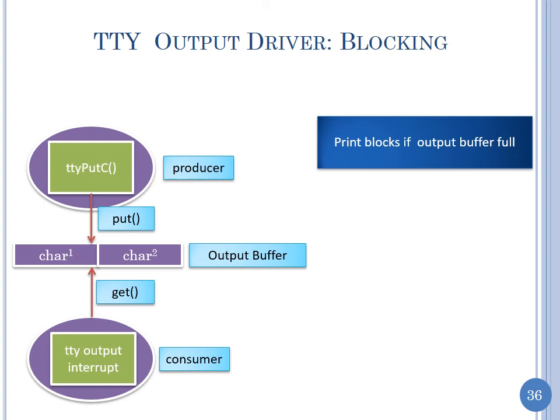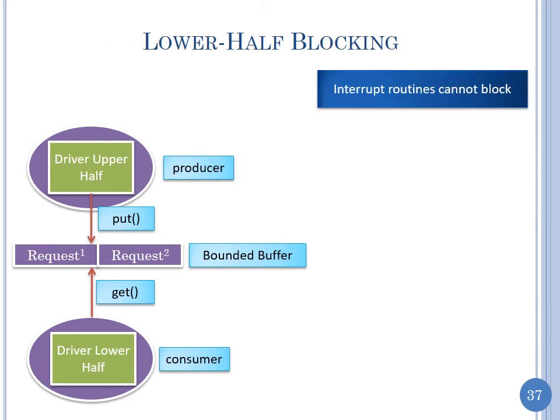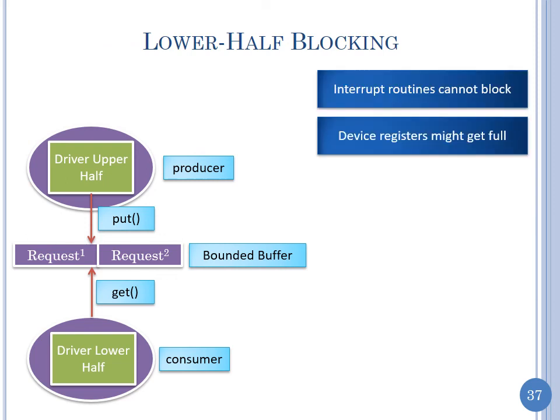Well, when we're talking of output, if the output buffer is full, then the application thread can block using some blocking mechanism provided by the kernel. And what about the lower half? We don't want an interrupt routine to block. Remember, the interrupt routine has disabled interrupts. If it blocks, those interrupts may never get enabled. So interrupt routines cannot block,